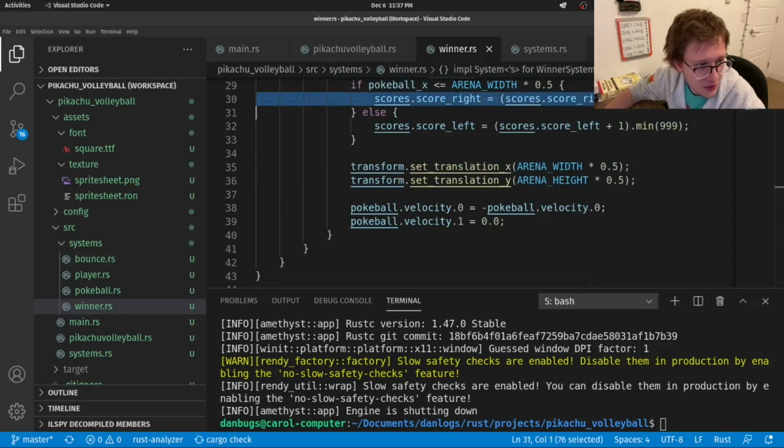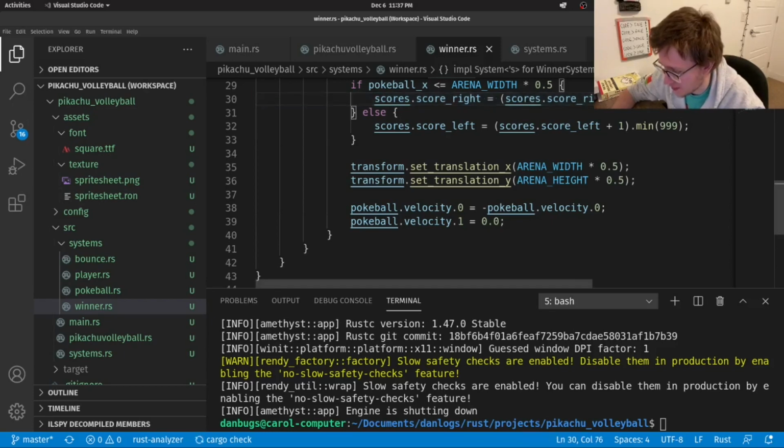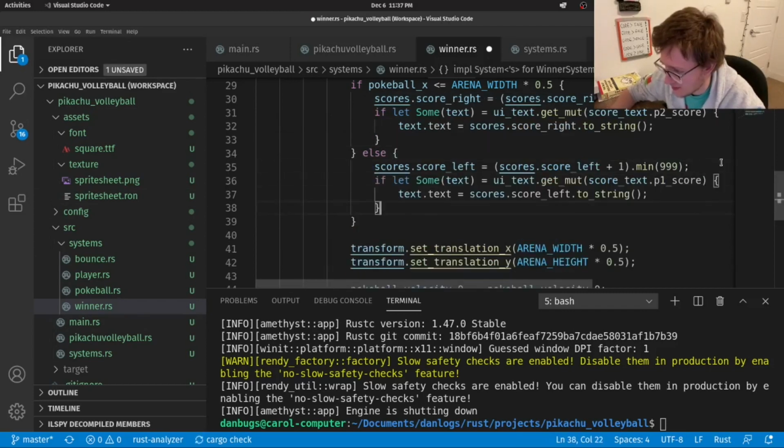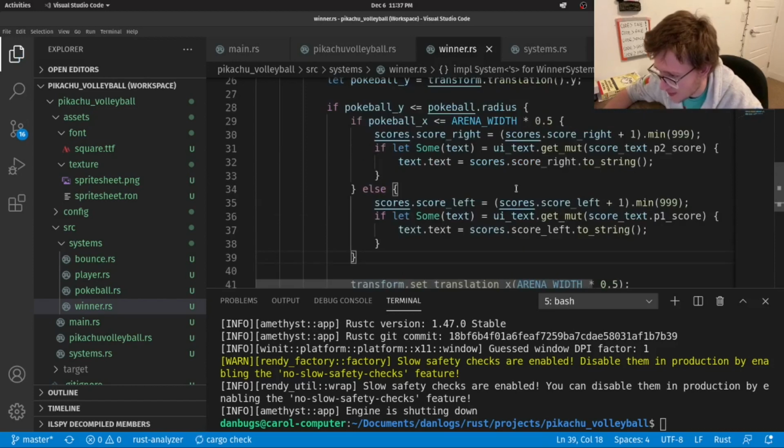So before we had the print lines, which would display the stuff. Now we have actual UI, so we're replacing the print lines with this. So that in there, and this in here.